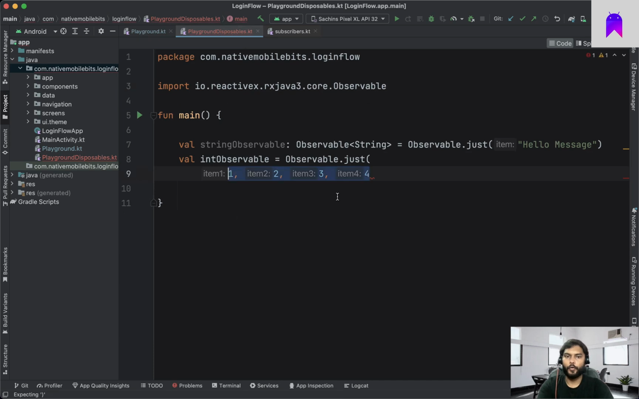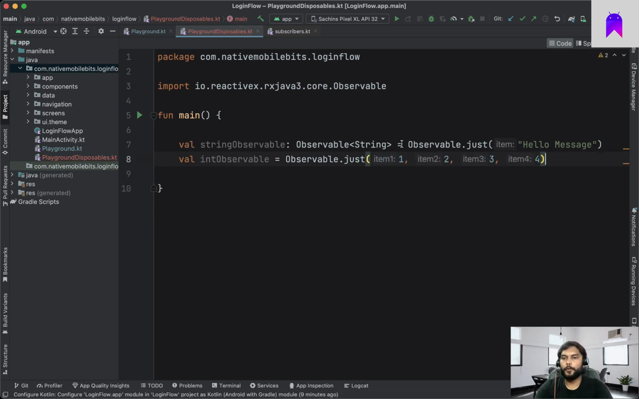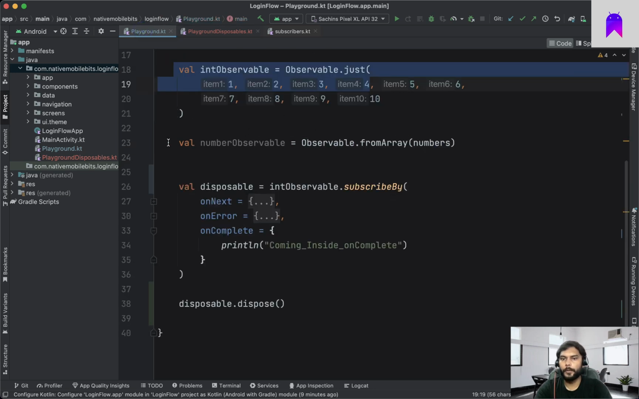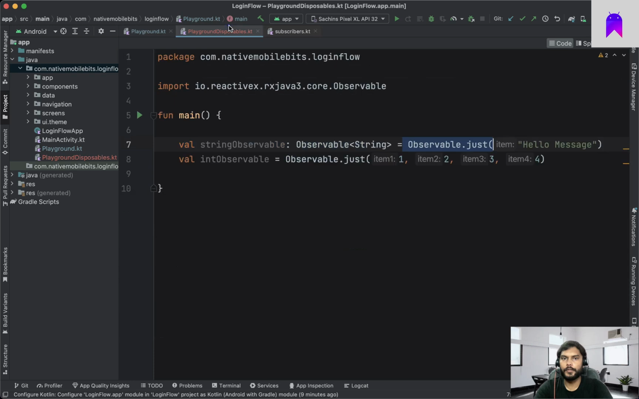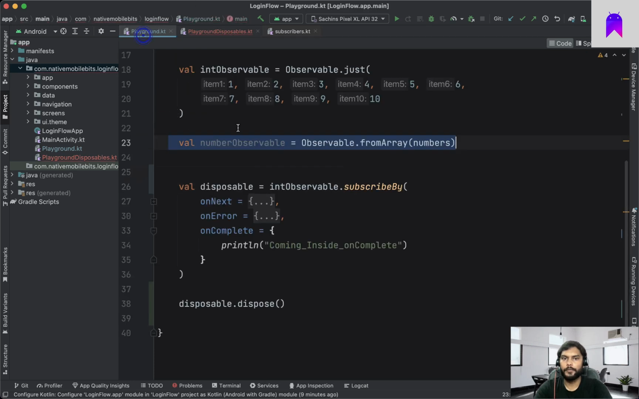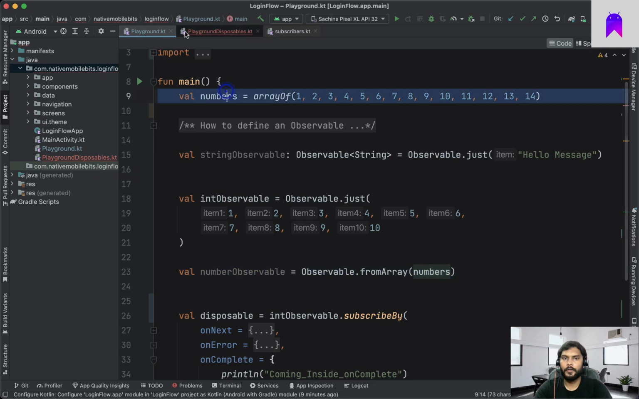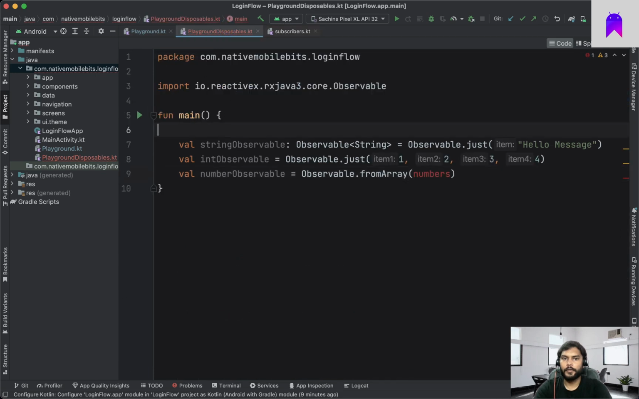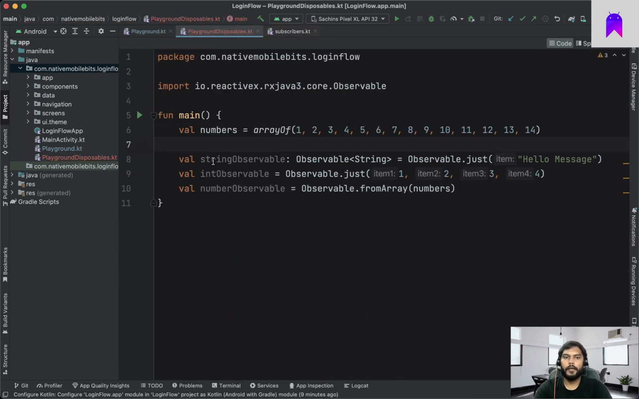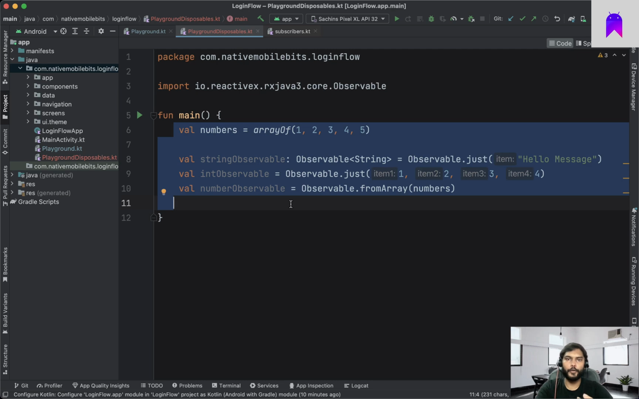Let's add all of these things. So we know that we can use observable.just and we can also use observable.fromArray. Let's use this also, right? And these numbers we can just keep here. Okay, so let's use only 5. As of now we have used these two ways to create